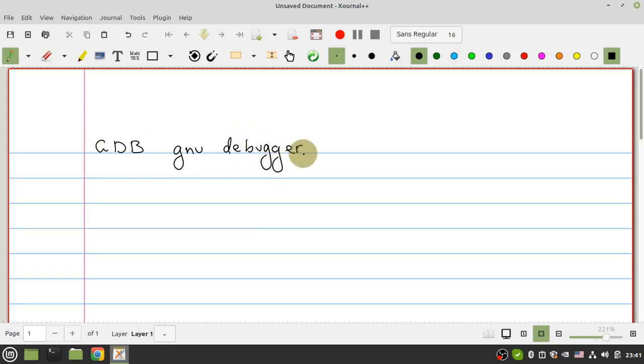It's a debugger from GNU, and you may have seen debugging in some IDEs, for example, in Eclipse or Visual Studio and other IDEs, and you know that debugging is an important part of your programming. Debugging is the nightmare of a lot of programmers, because